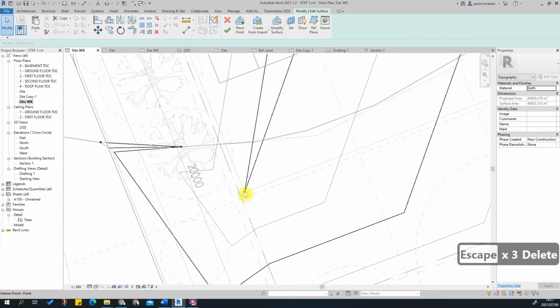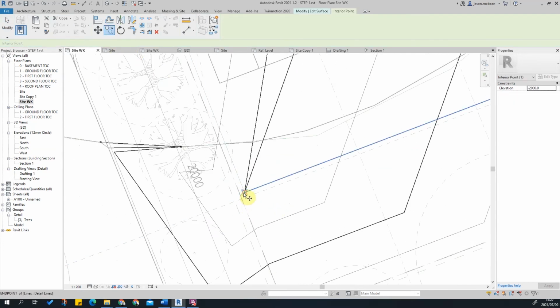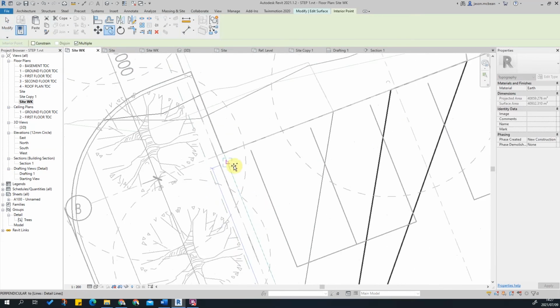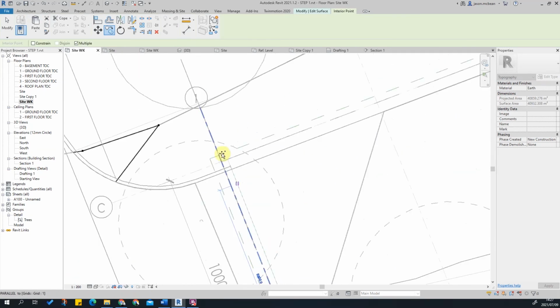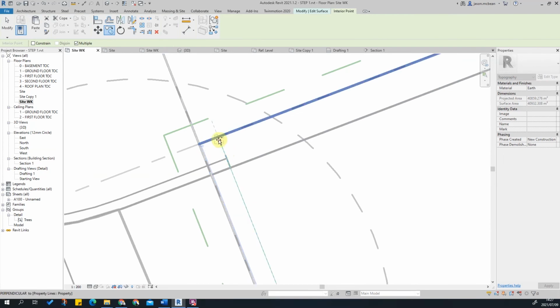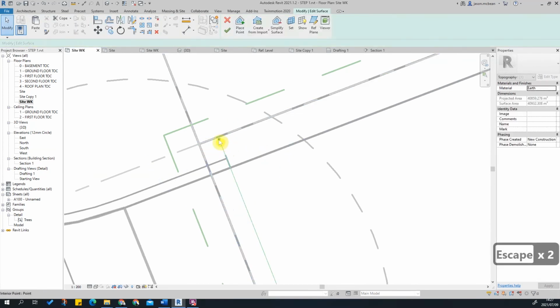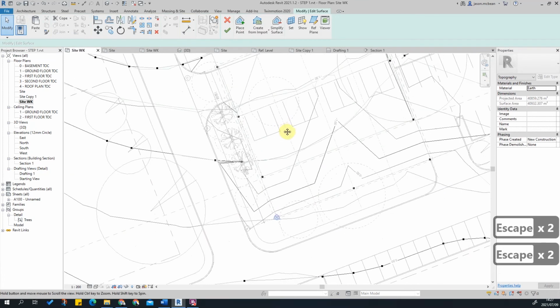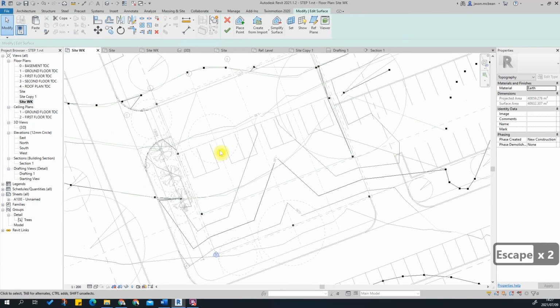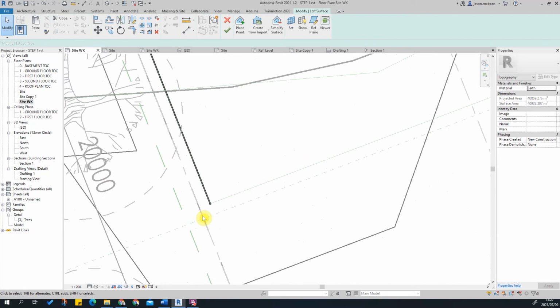Grab this -2 here as well. Copy that from there to here. And another one over here. Okay, I can put this right at the end here as well. There we go. Okay. Now we've got a massive hole here, but in front of our building here, it needs